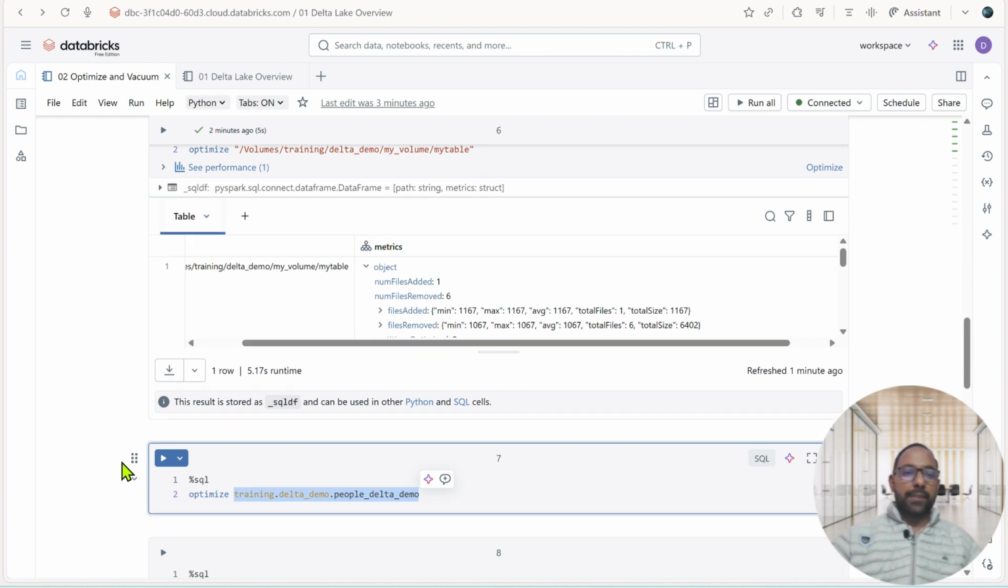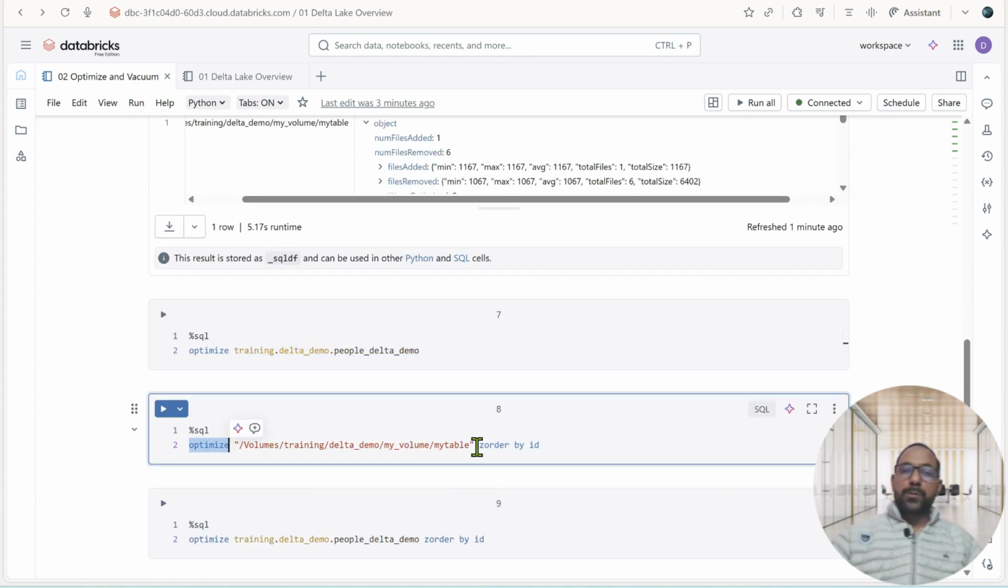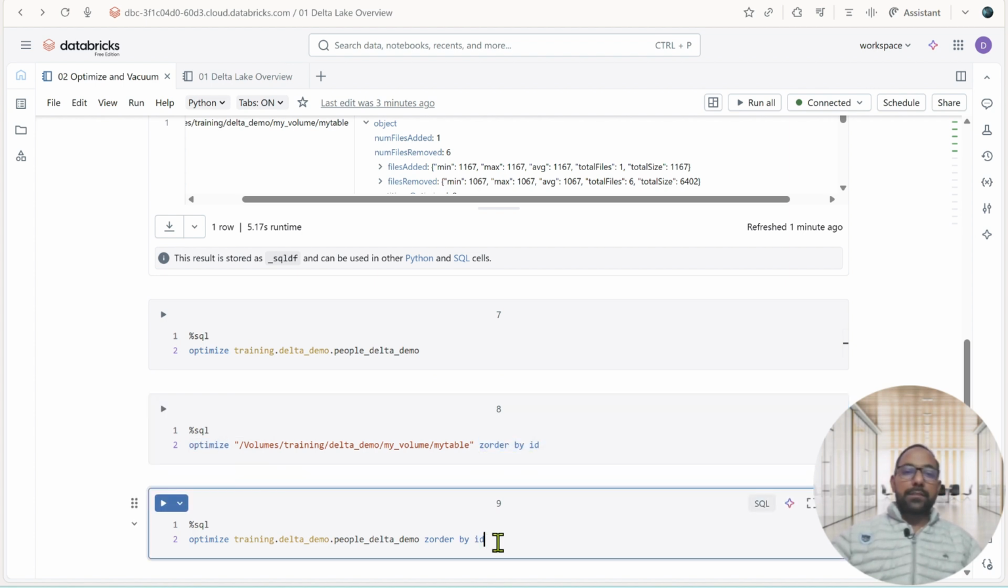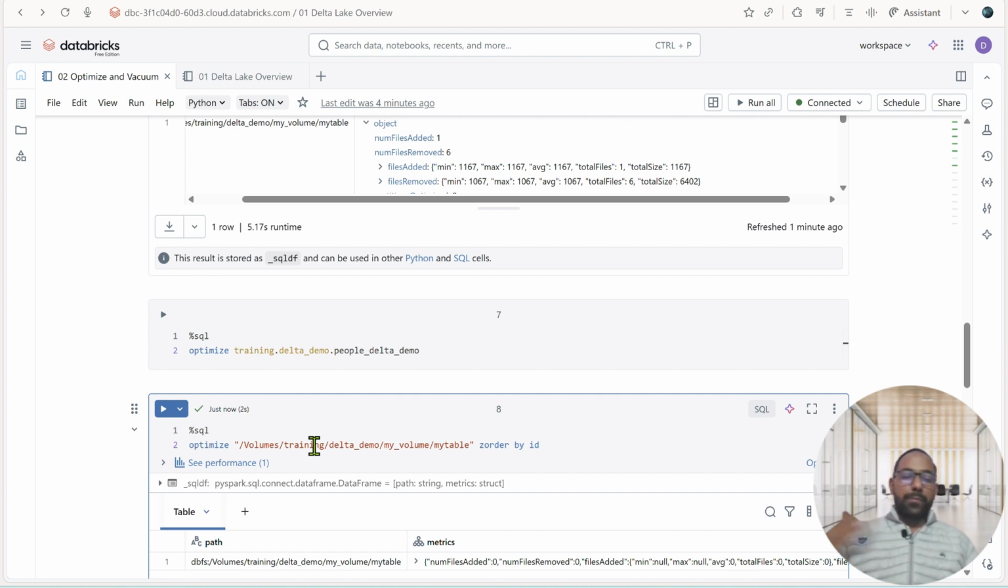It will do the exact same thing. And along with optimize, optionally we can provide a Z order as well. What this Z order does is, whenever it is doing that optimize operation, in case we have data in millions or billions and there are so many files, whatever column we specify along with Z order by,